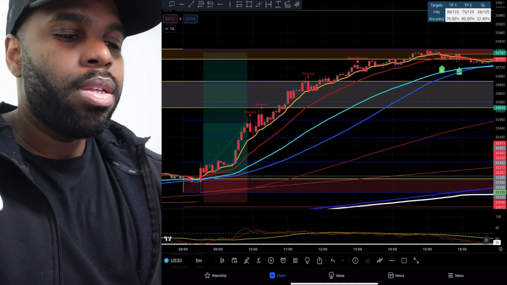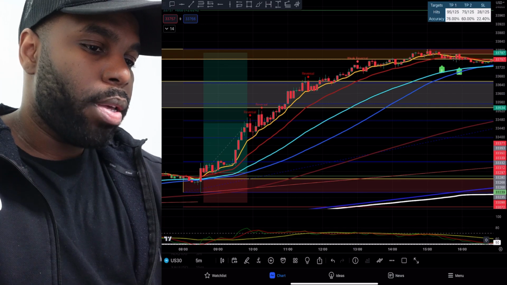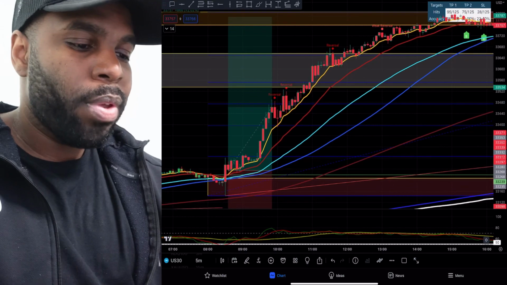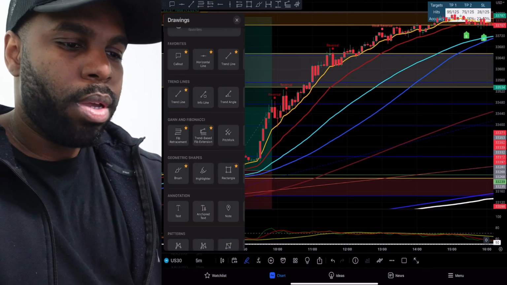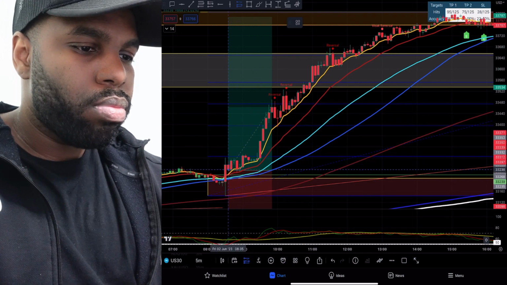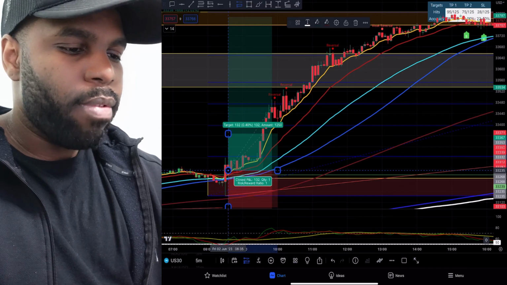So in this case, the price rejected the New York session low here, the long wick. And as soon as I saw that rejection, I would have got in. Bring in my long position tool here. I would have got in right here. Matter of fact, I already have a